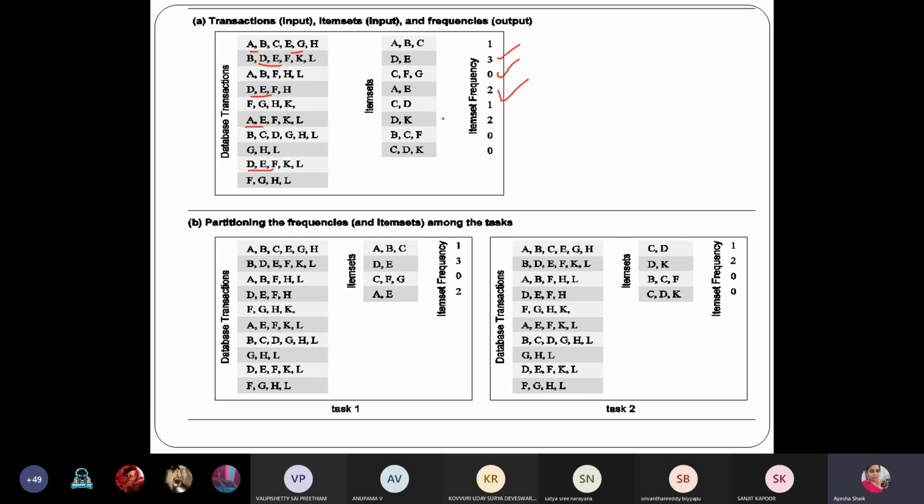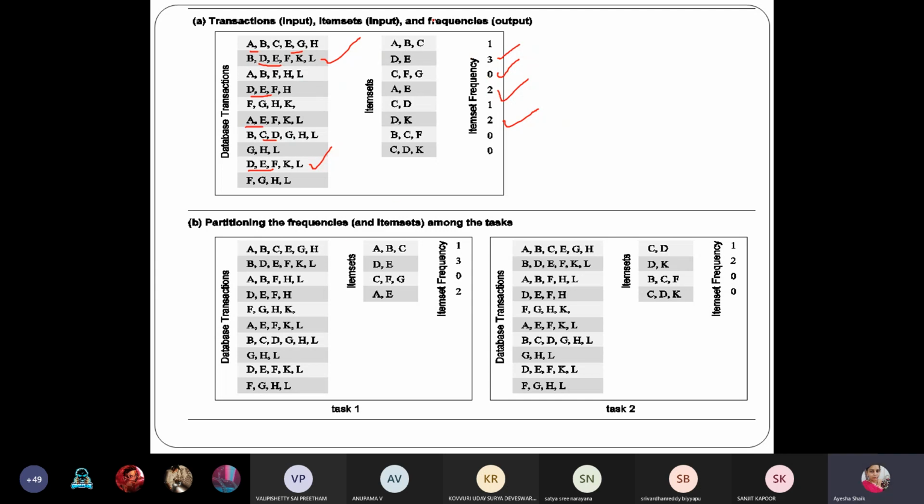Then coming to CD, how many times has it been purchased? Only one. D and K has been purchased twice: here it is, and here it is. Similarly for BCF, CDK. Like that, we need to find out the frequency of the item sets.